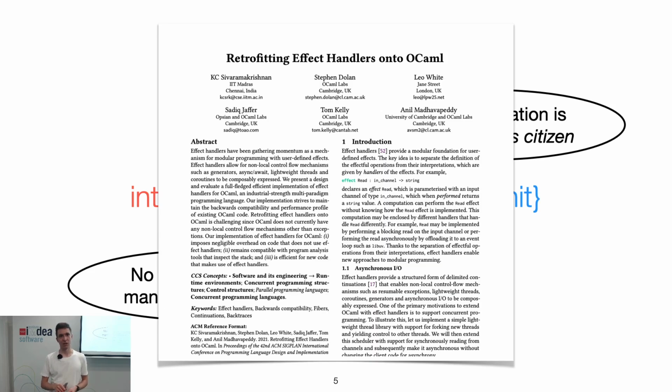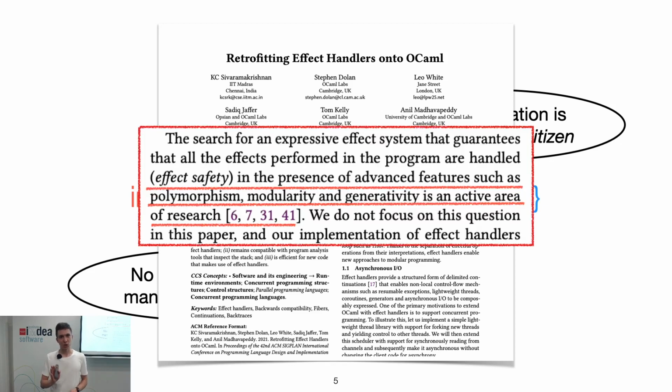In practice, this summer, the people who made algebraic effects for OCaml published a paper about it. In there, they also considered what the best type and effect system is that we can choose right now for OCaml. But they noticed that they cannot yet choose a type and effect system for OCaml to track their algebraic effects, because there is not yet a type and effect system that would guarantee the essential property of effect systems, that is effect safety: if your type system tells you that there is no effect, then it's true.